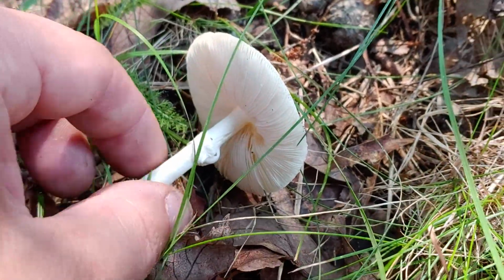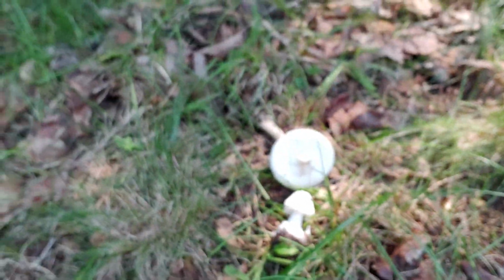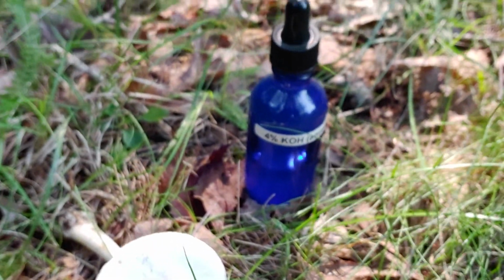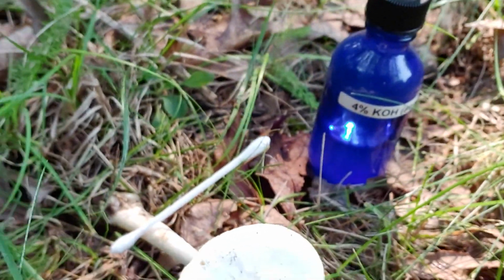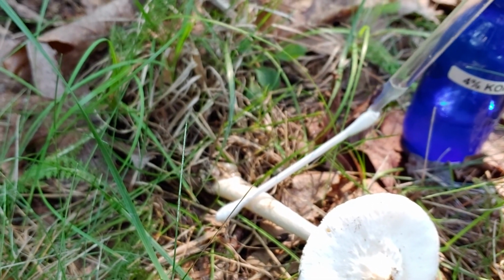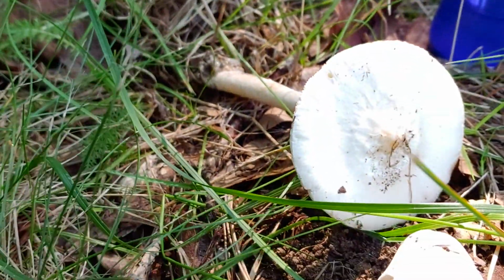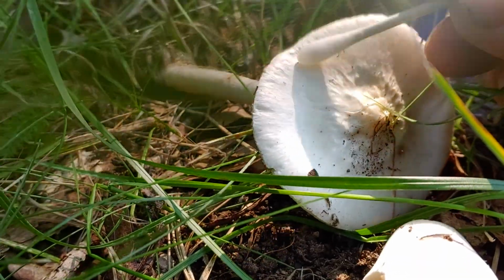But one thing I want to show you is that this is one of the few members of section Phalloideae where you have a KOH reagent, which is a good characteristic tool to look for with mushrooms. So what we want to do with this is we want to take a Q-tip and we want to drop enough KOH solution on the top to rub onto the cap. So if we see on the cap, and let's see if we can focus in, if we rub it really good,